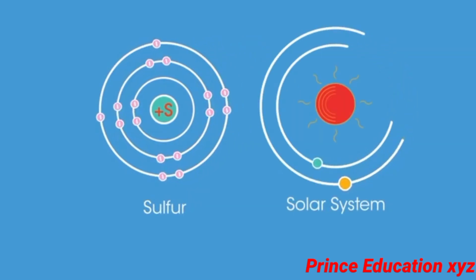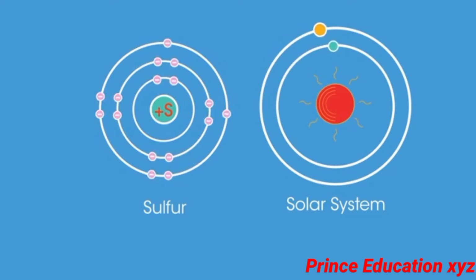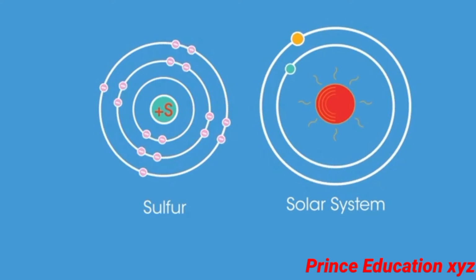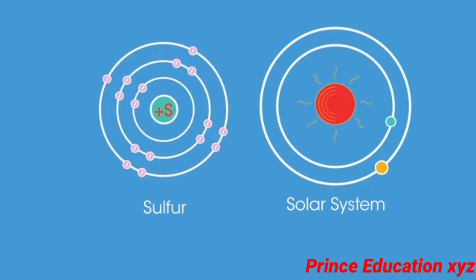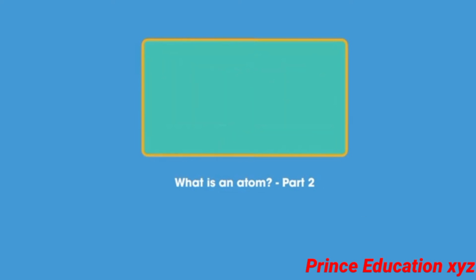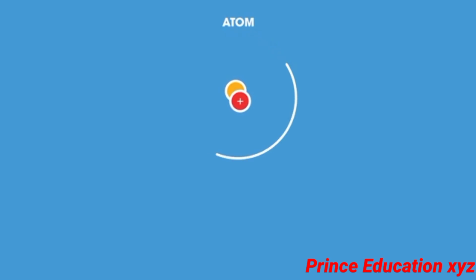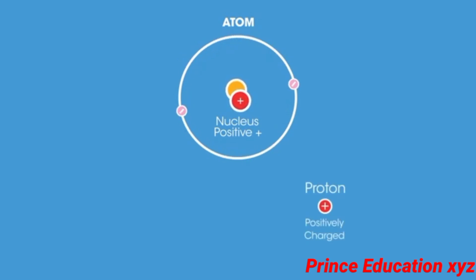In other words, electrons orbit the nucleus similar to how planets orbit the Sun. However, electrons can only orbit at specific distances and with specific energies. We will look at the differences in structure of atoms of different elements and the periodic table in this video. So there we have the structure of an atom. Atoms have a positively charged nucleus made up of positively charged protons and neutrally charged neutrons, which is orbited by negatively charged electrons. The majority of the